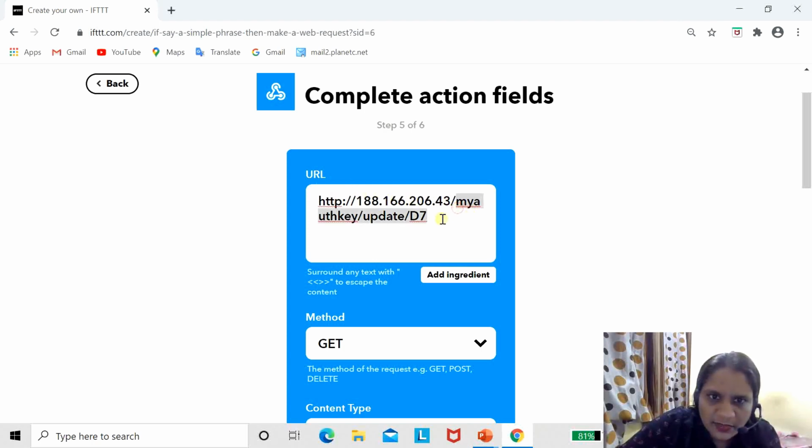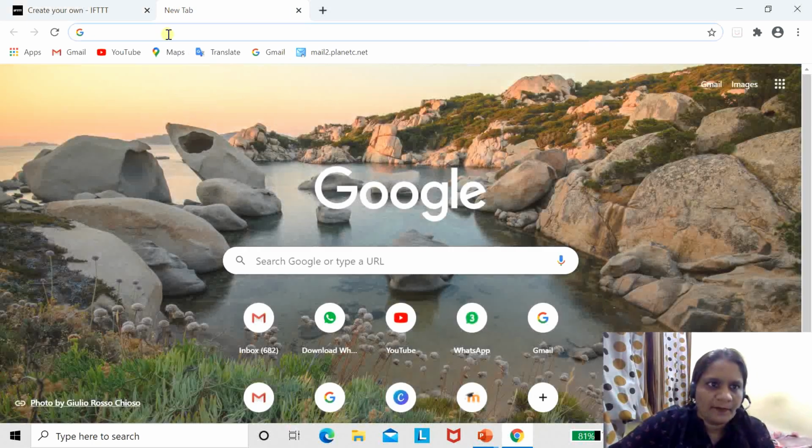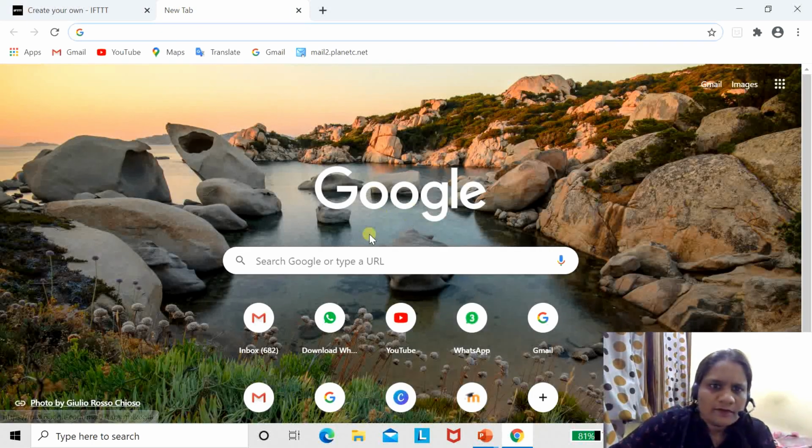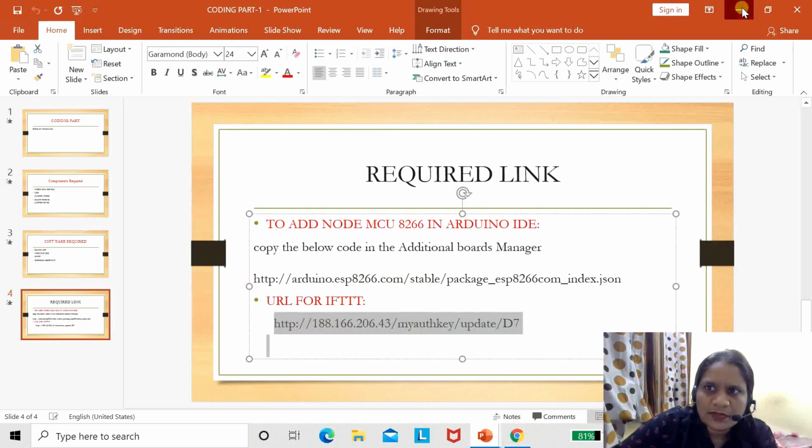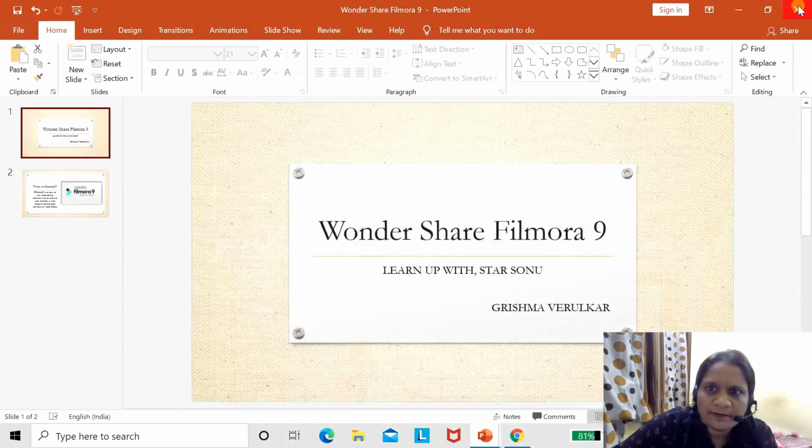Now here you have to write your authentication key. This key you have received in your mail. I have copied this key in my program also, so I will copy it from my program.